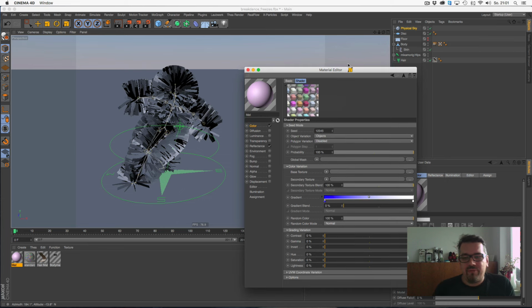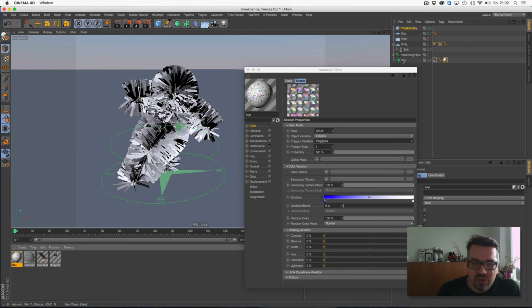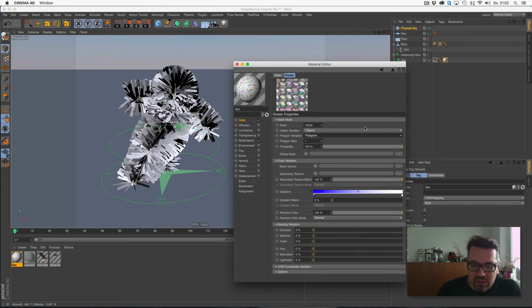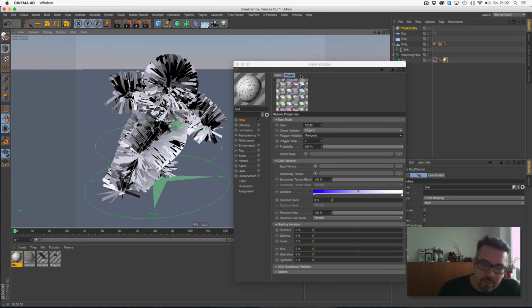You have a group of objects, and every object should have its own color. The easy thing is setting, in this case, a polygon variation to polygons. I give this to our hair object, hit the render button, and you can see there are some colors on the dancing guy.